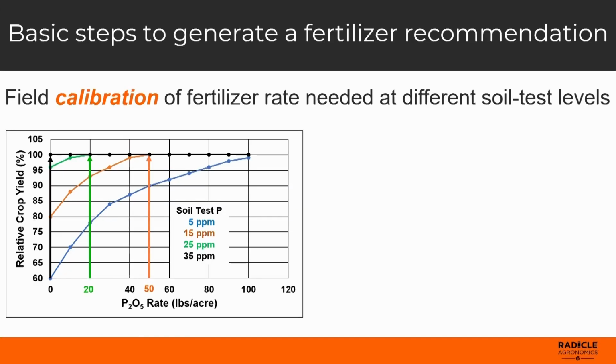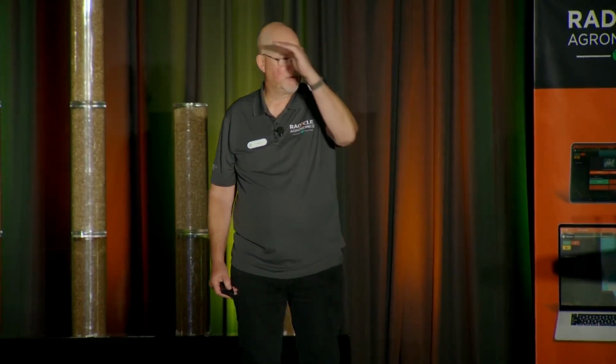And then maybe at a soil test of 15 parts per million, I get a response up to 50 pounds per acre. And when I start getting really low, like in that single digit, 5 part per million range, I have to put on a lot of fertilizer, and I still am not capping out my yield. And I believe that there are soil test levels, when you get low enough, you can't overcome that with a